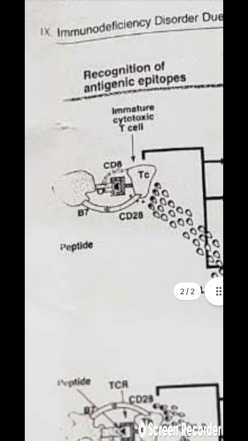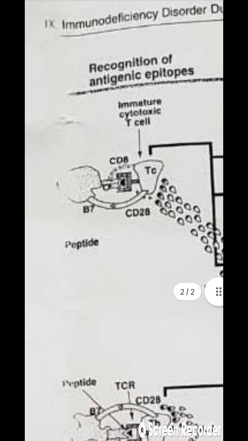Please see the triangular structure. This is the viral peptide. It is sandwiched between the T cell receptor and the MHC1 molecule of the antigen presenting cell. This is the first signal. Second signal, again the co-receptor binding. See, CD28 is binding with the B7 molecule. It gives a signal. And the third signal